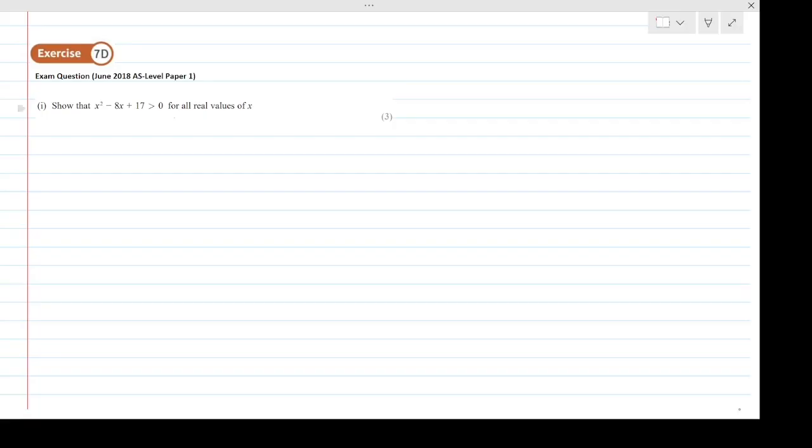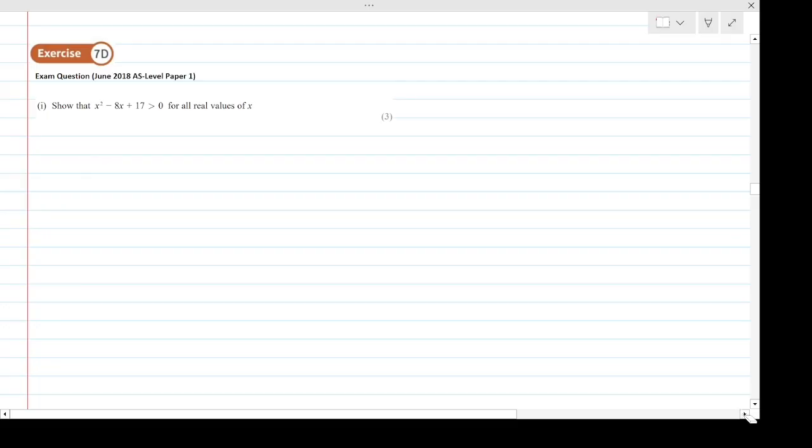Okay, so this is almost hinting like an identity. It's true for every value of x. But anyway, we need to show that this quadratic expression is always above 0. There are probably many ways of proving this, but I think probably the most common one, maybe the safest one, in the sense that it probably works most of the time,